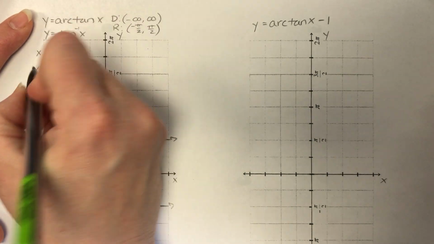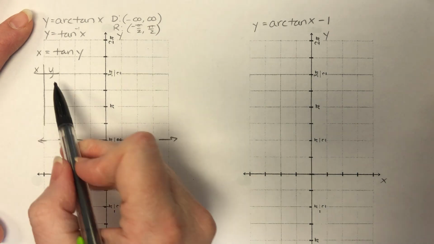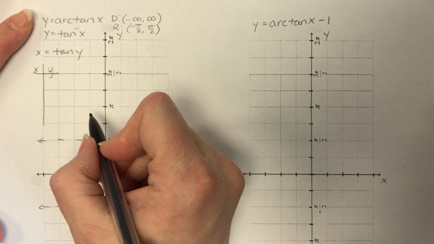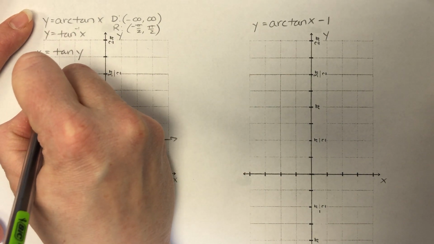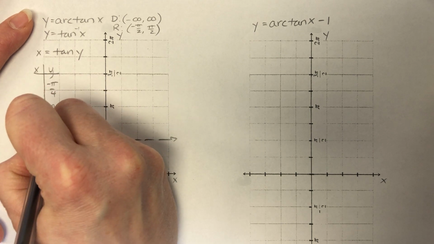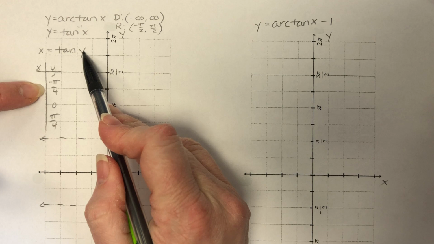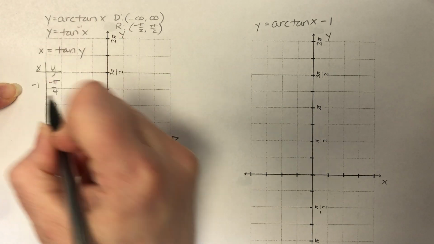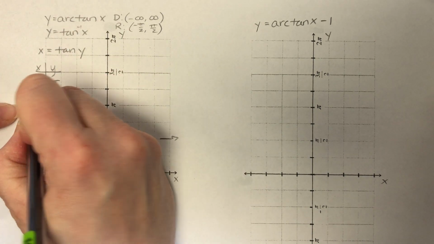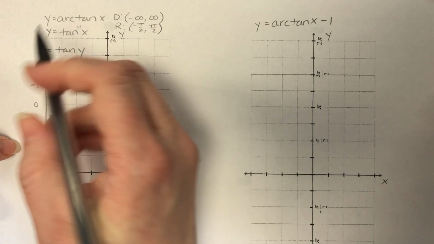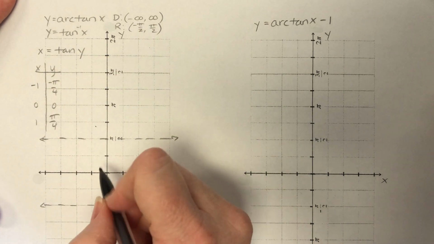So if you want to make a table for tangent, it's pretty straightforward. I can do a negative pi fourths, 0, and pi fourths. The tangent of negative pi fourths is a negative 1. The tangent of 0 is 0. And the tangent of pi fourths is positive 1. And we have these